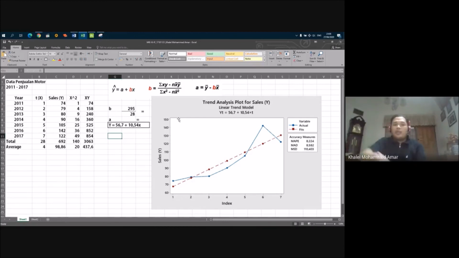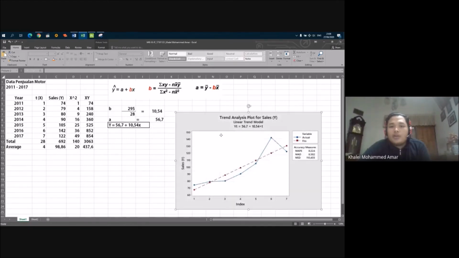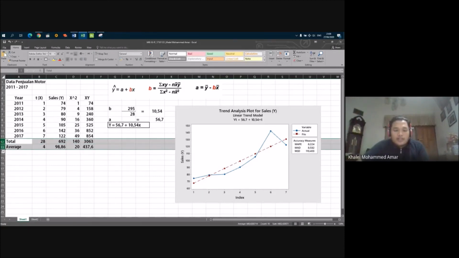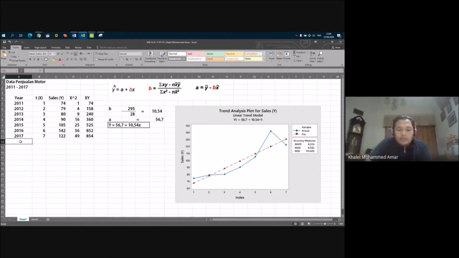If correct, we can continue to the next step, where we predict the value of sales in 2018. So we will need to hide this. 2018 is the eighth year in this data.